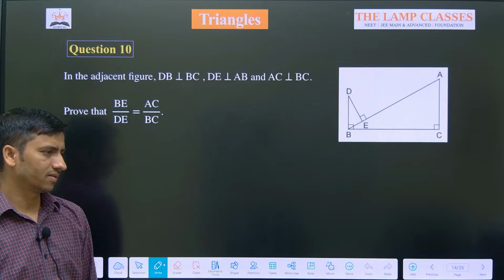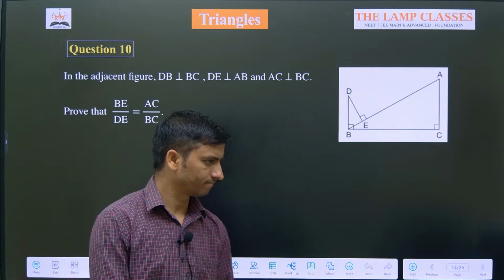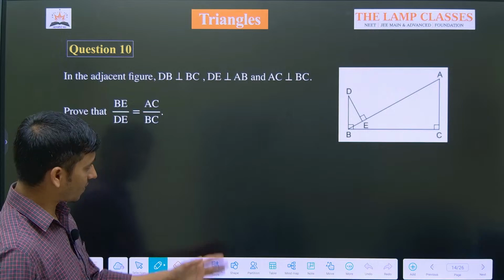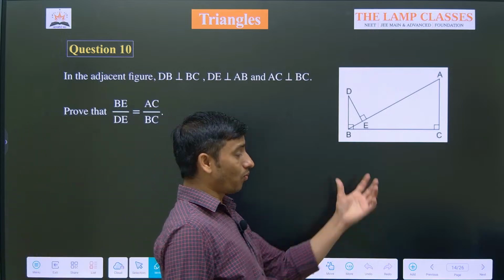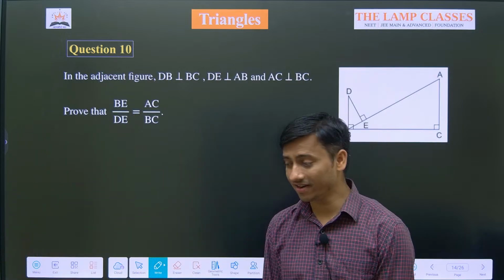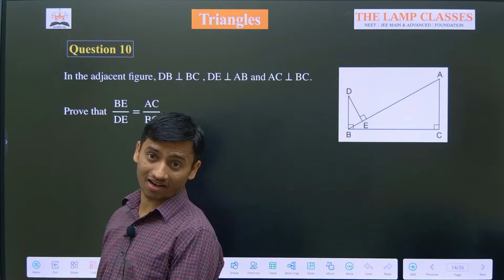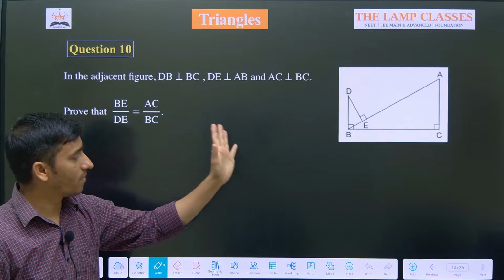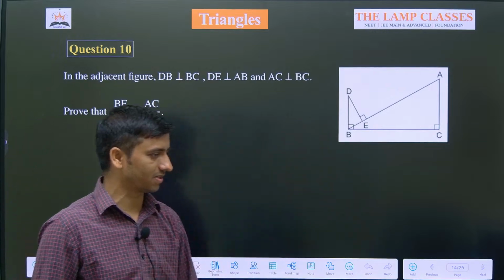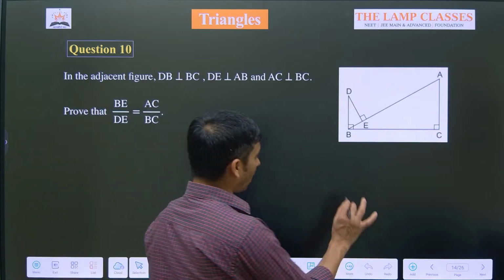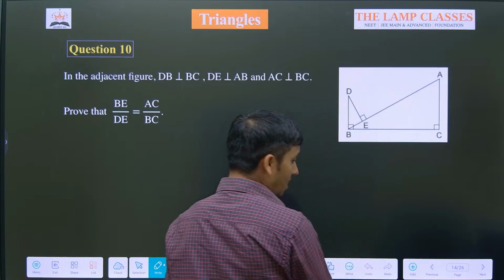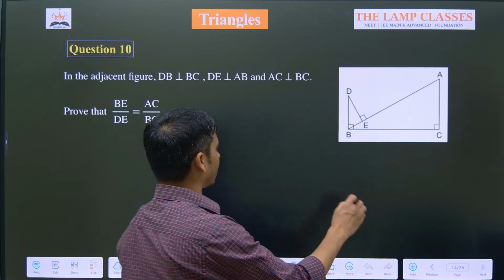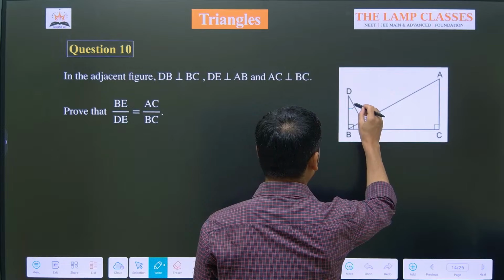Is it done? So here also, just after looking at the question, guys, see, one of the angles is 90, right? So I think AA criteria again will work, right? Because no information is given about the relation between the sides. So what I will do here also, I will start by naming any one of the angles. So if I call this angle theta,